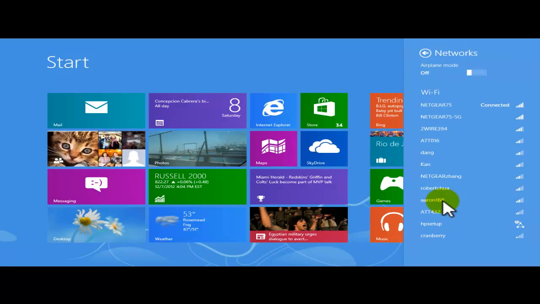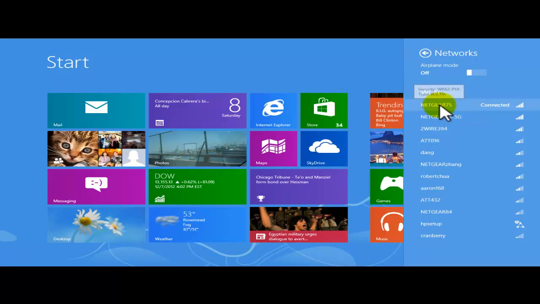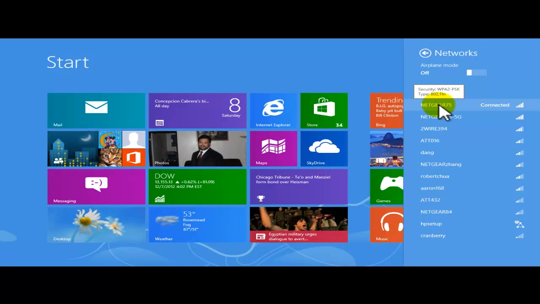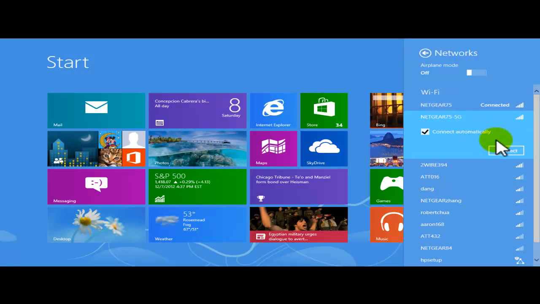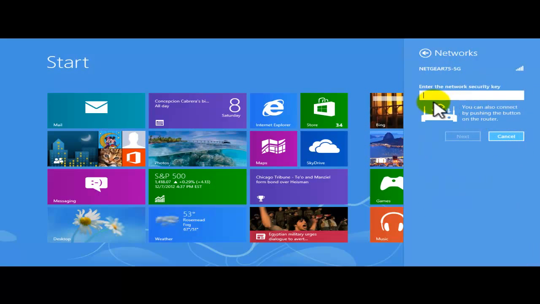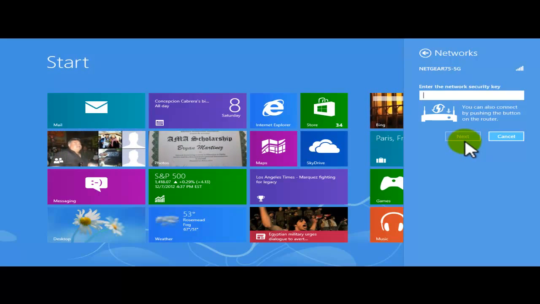If I click into the little icon with bars, this is gonna be the wireless connections available around my area. Right now I'm connected. This is my local wireless connection. If I want to connect to another one, all we need to do is click on connect, and then I'm gonna be prompted for a password or security key code. Once I get the key code, I will click on next,